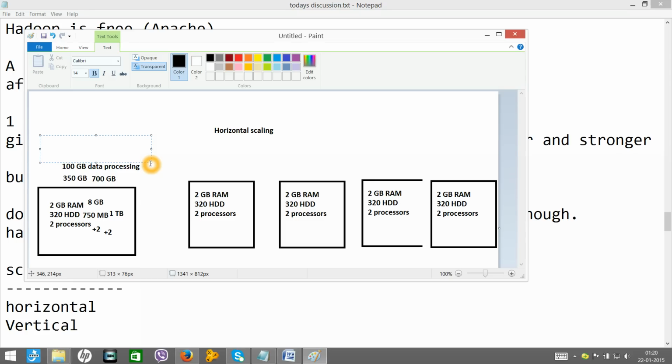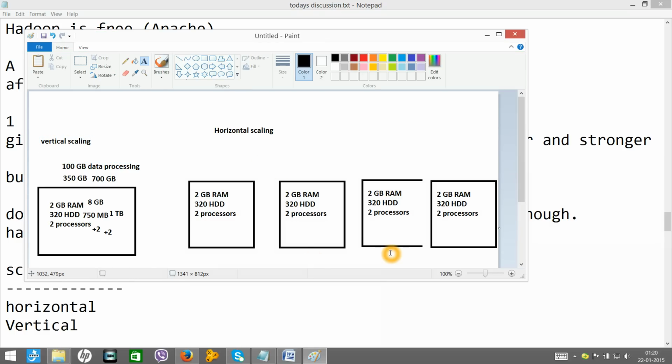But in horizontal scaling, it is your investment. If you have more money, go and buy one more setup box and add it to your cluster. Clear on this?